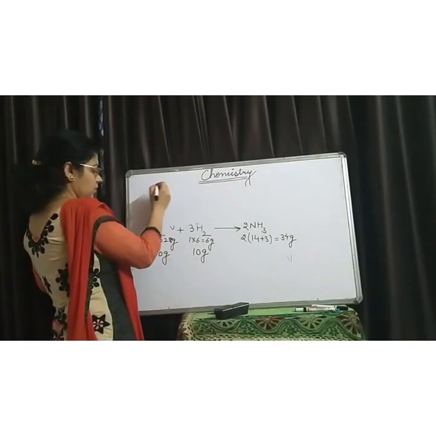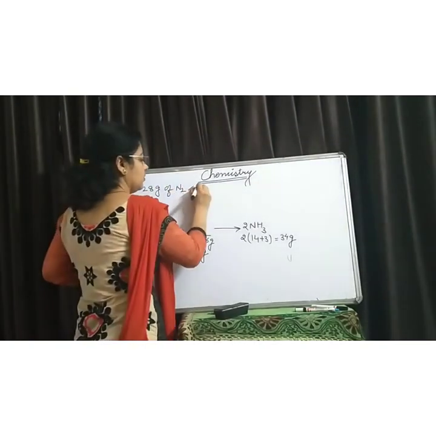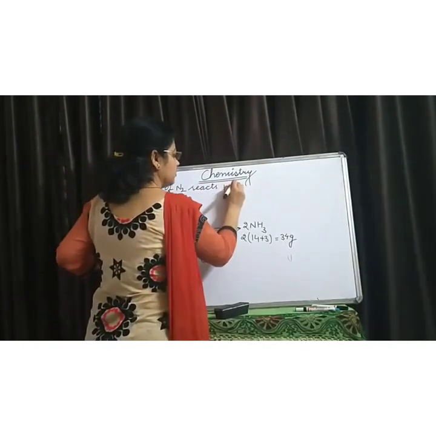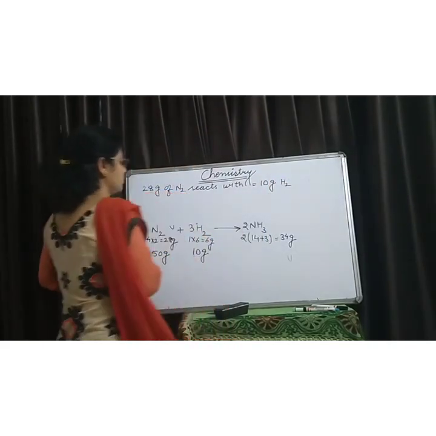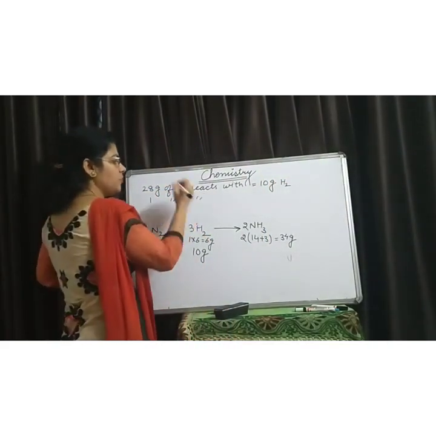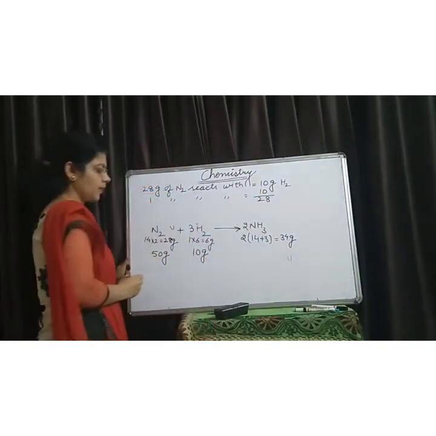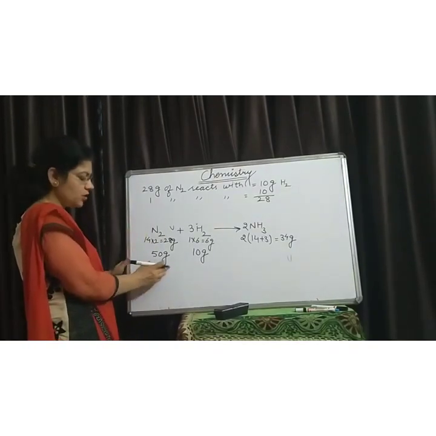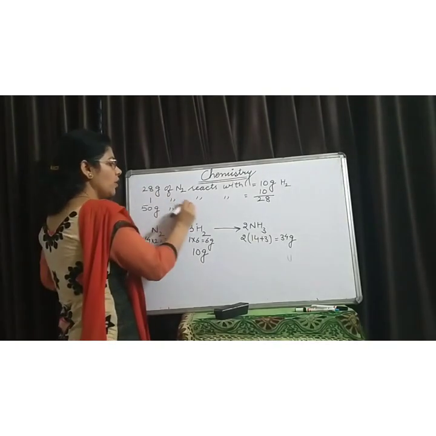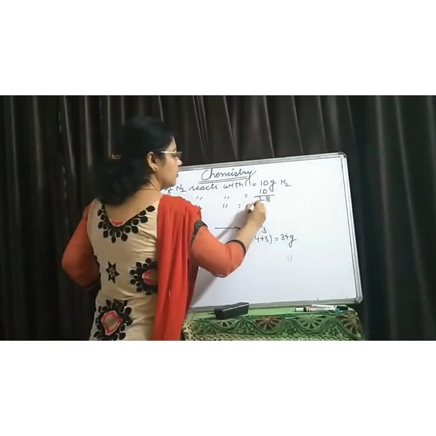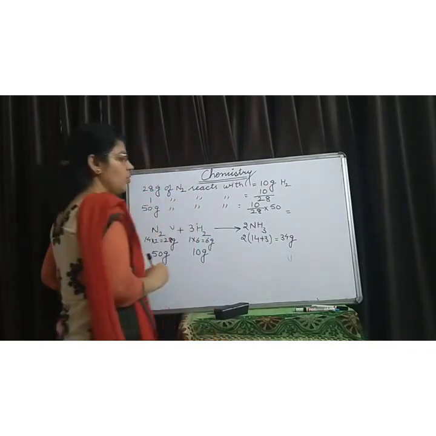So 28 grams of nitrogen reacts with 10 grams of hydrogen, and 1 gram of nitrogen reacts with 10 by 28. In this question, the amount of nitrogen is 50 grams, so 50 grams of nitrogen reacts with 10 by 28 multiplied by 50. When you solve this,